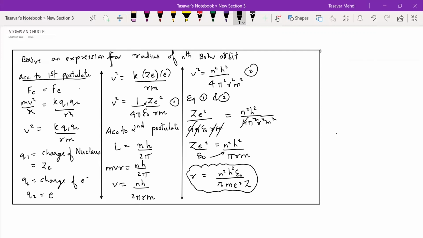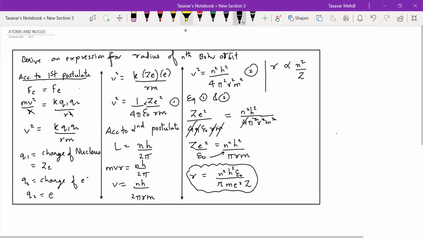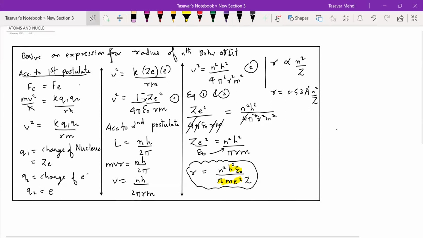If you look at this formula more clearly, you can see that radius is directly proportional to n square and inversely proportional to z. Because whatever is there in the bracket, dear students, this h square, epsilon naught, pi, me square, these are all numbers, correct? These are values. If I put these values, I'll get the result as 0.53 angstrom. N square upon z. Clear? Sweet and simple. Derive an expression for radius of